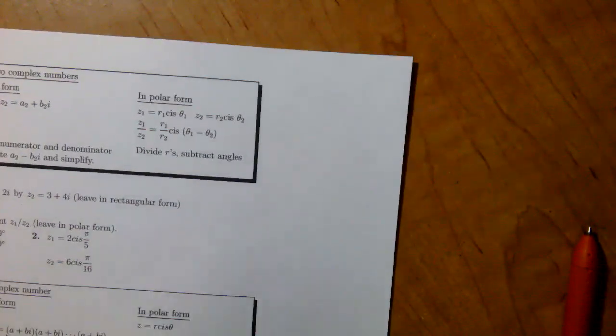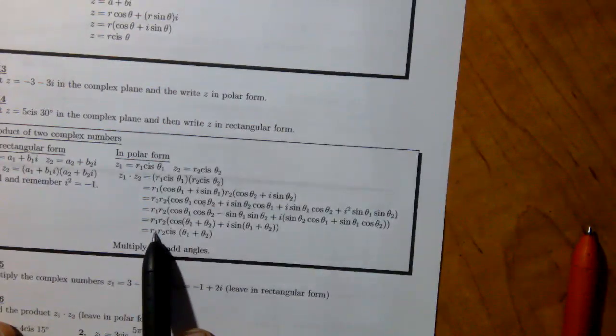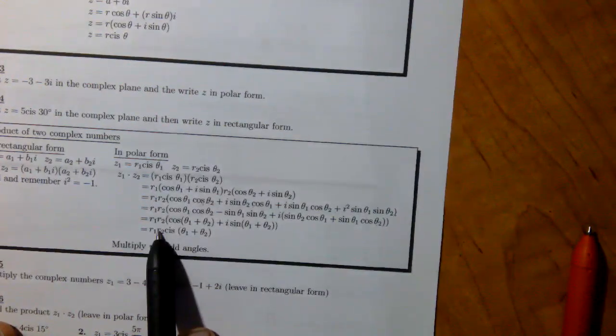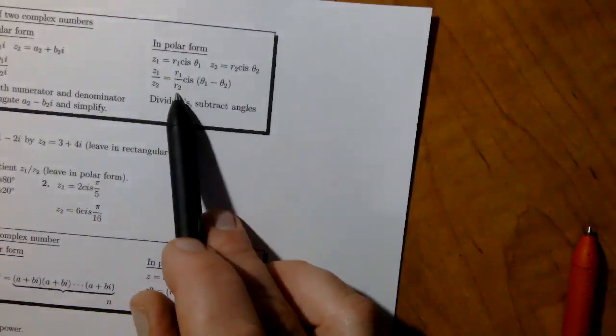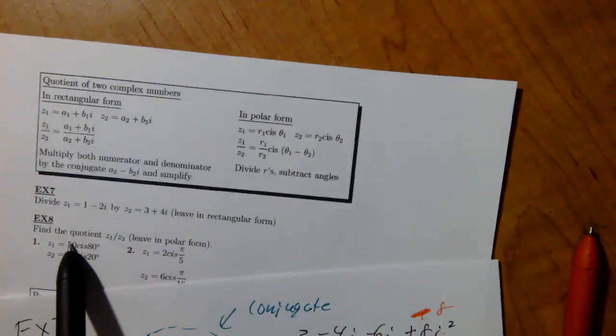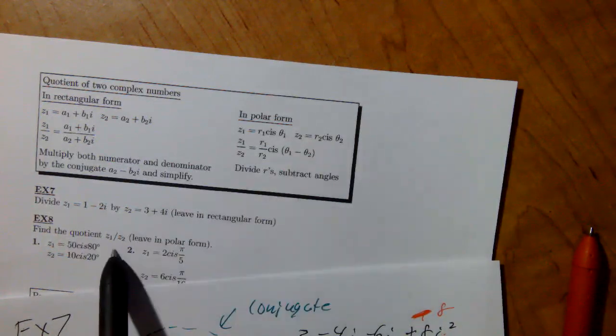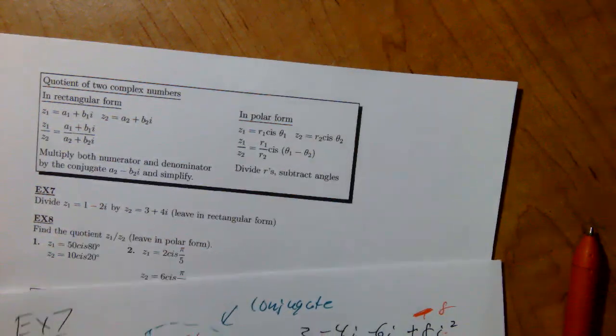The only thing you do have to watch out for is, remember when you're talking about multiplying, you multiply the r's and you add the angles. Well, it doesn't matter the order that you multiply here, and it doesn't matter the order you add these. You're going to get the same thing every time. Now, when you're dividing things, the order does matter, right? So make sure whichever one you're talking about first, see the way it's worded here, z1 is first. That r better be on the top. And then when you subtract the angles, this one better be the 80 minus 20, for example, right? So the order in which you subtract them, and the order in which you divide the r's, does matter,